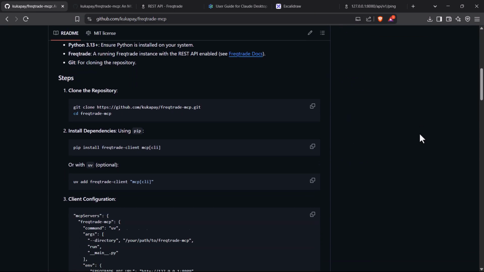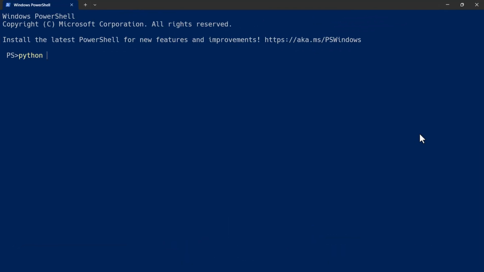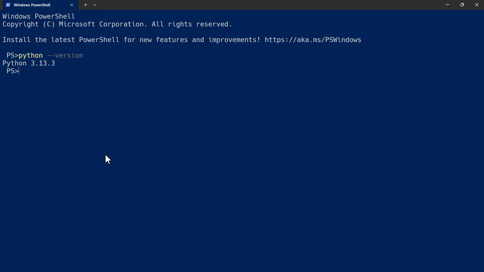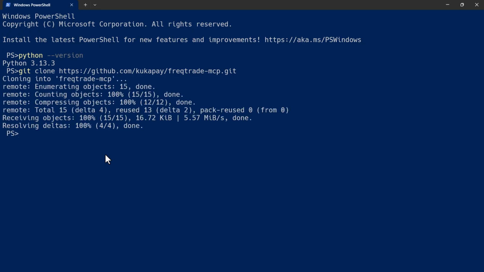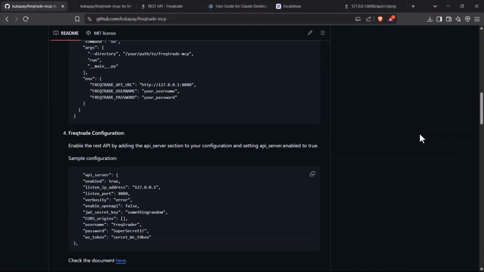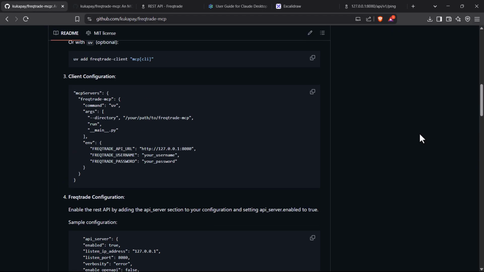it's best to follow these for a correct installation. I have a PowerShell terminal open, and as you can see I have Python 3.13 installed. I'll first clone the repository to a local directory. And after that I will enter the directory, and we can install the dependencies that this MCP server uses with the pip install command. The readme file also contains the client configuration that we will need to configure Claude Desktop,